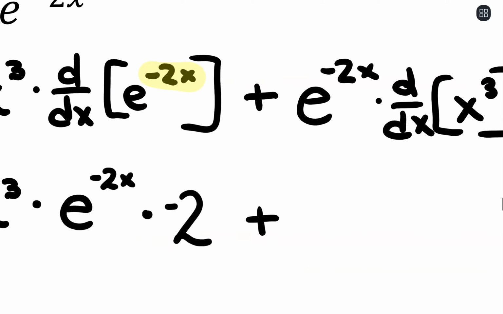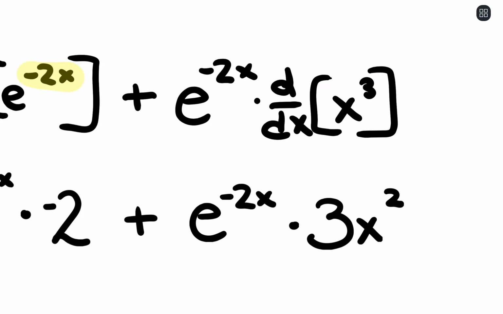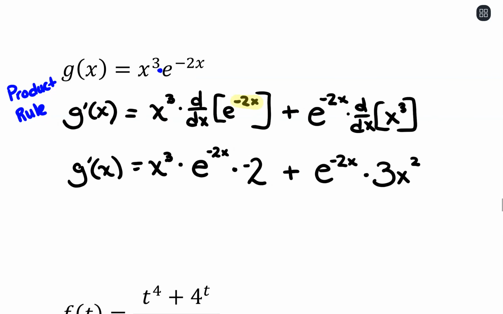And then we're going to add on e to the negative 2x times the derivative of x cubed, which is going to be 3x squared. And then we're just going to simplify down. Let's see, this is going to be,